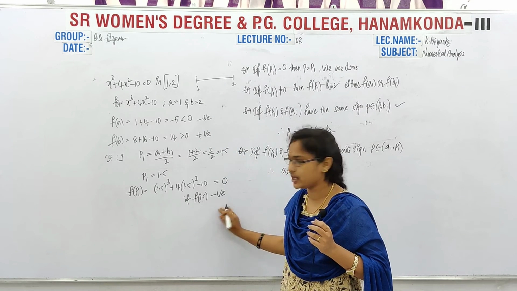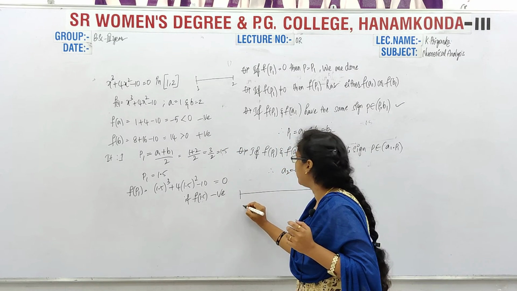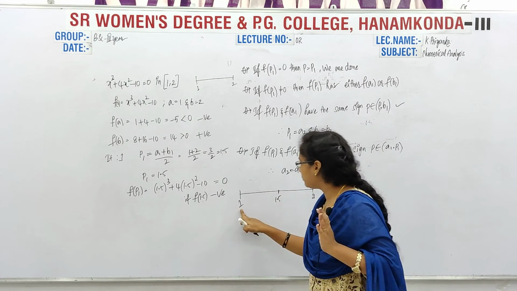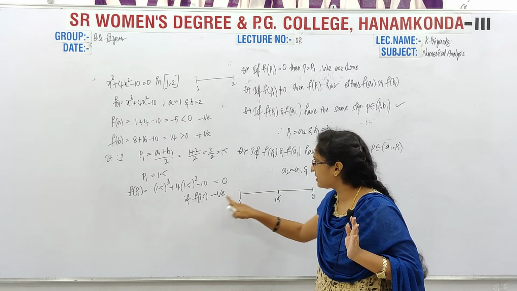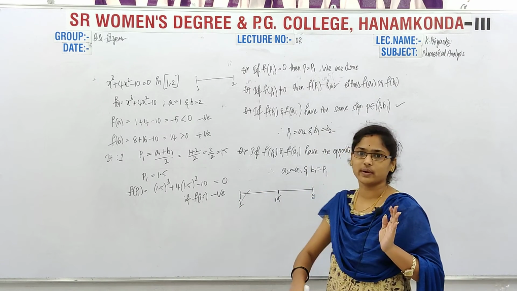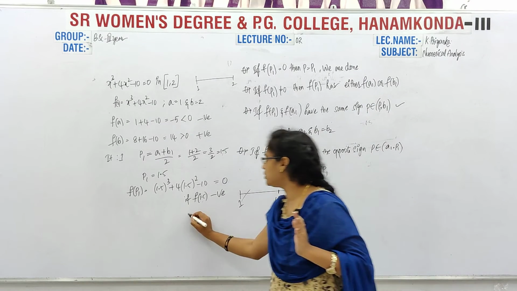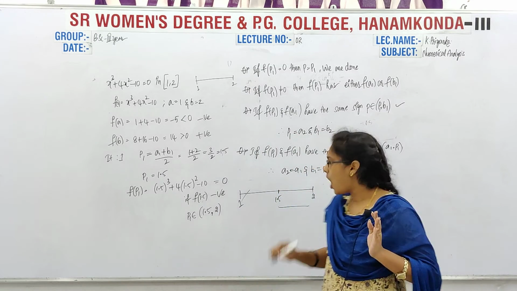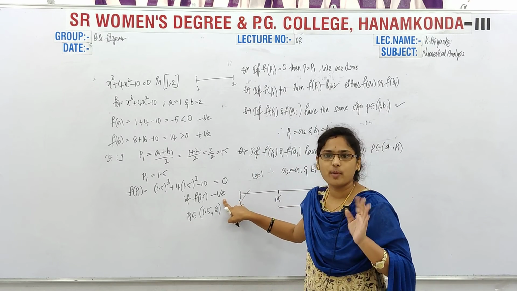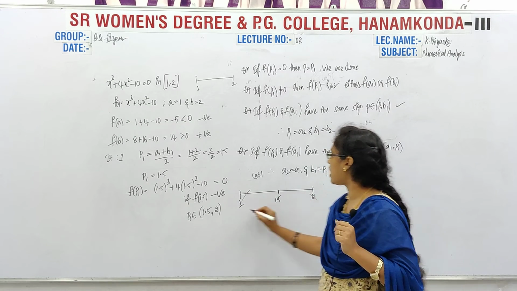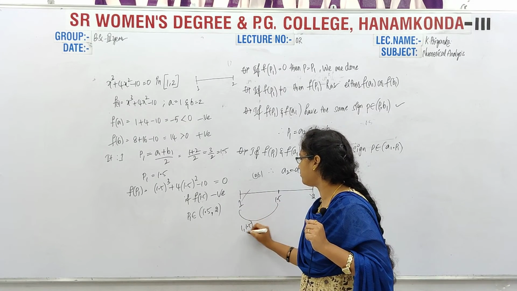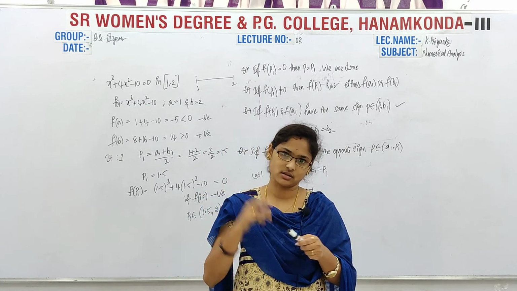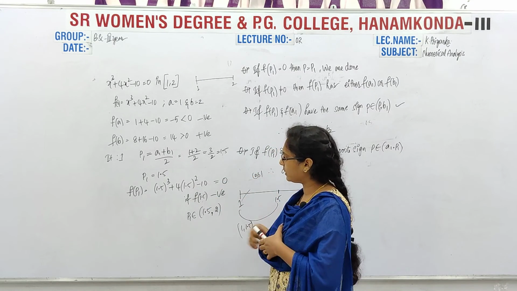If I get a negative, then see clearly, I am showing here 1 and 2, and the middle one is 1.5. If this sign and this sign are the same, if we get negative here, then ignore this one and take this interval. Now this P1 belongs to which interval? 1.5 comma 2. Or if we get a positive, then we ignore this 2 and the interval is 1 comma 1.5. Okay, every time we have to choose the interval having opposite signs. So that's it, and then we get the same thing again.